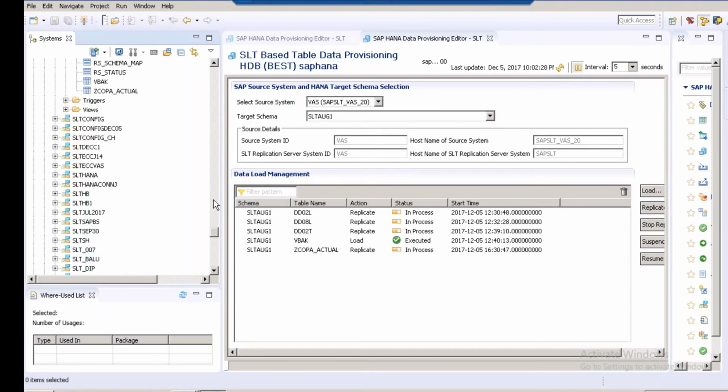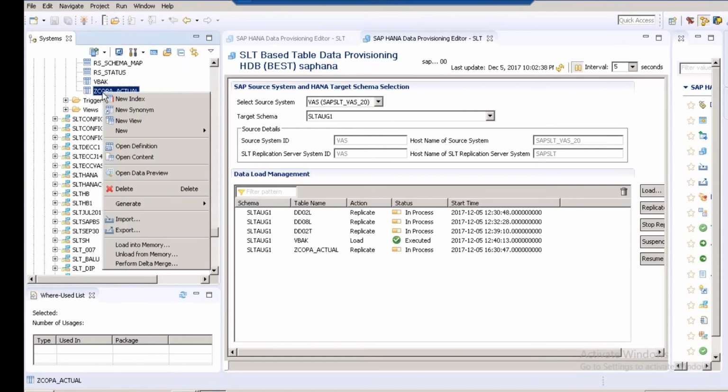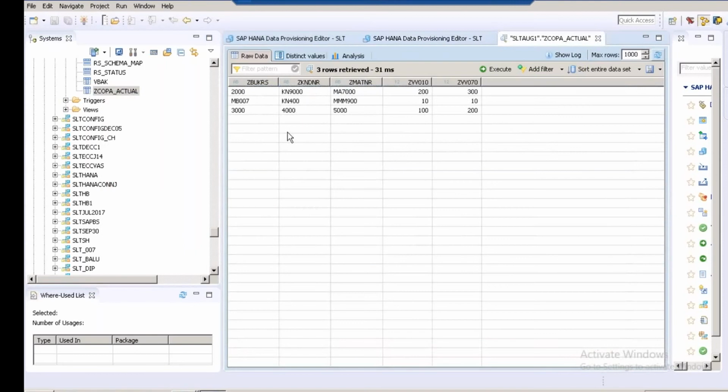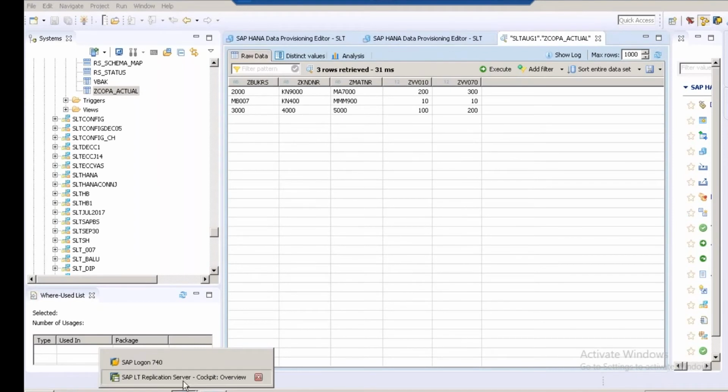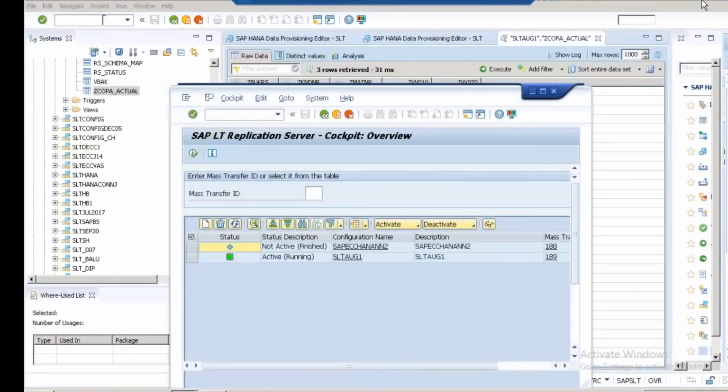So here we can see the table called jet copa underscore actual. Now let us right click on the table, click open data preview. Now here we can see 3 records. Now if I go back to SAP system,